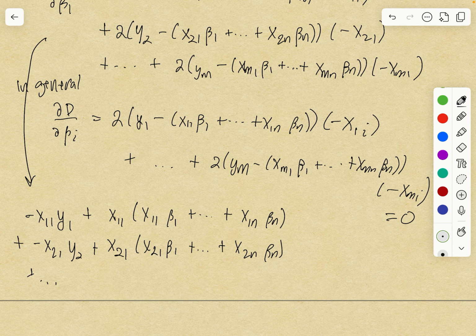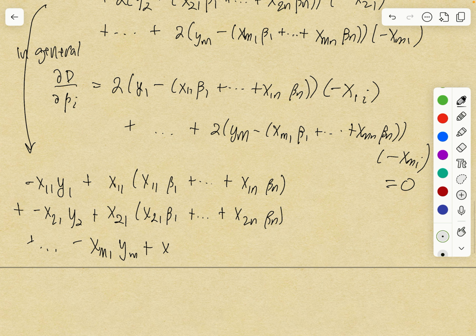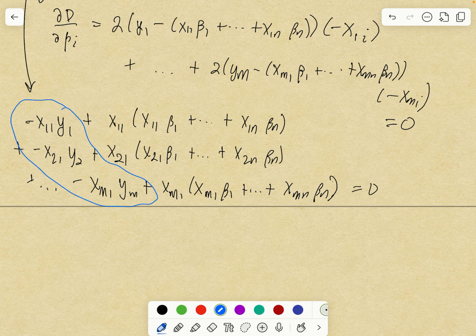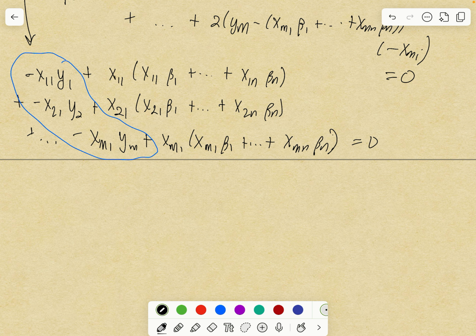Plus dot dot dot minus xm1 ym plus xm1 xm1 beta 1 plus dot dot dot plus xmn beta n. So that equals 0, right? That's the first partial derivative. And if you take this term with the negatives and move it over, we can rewrite this equation as